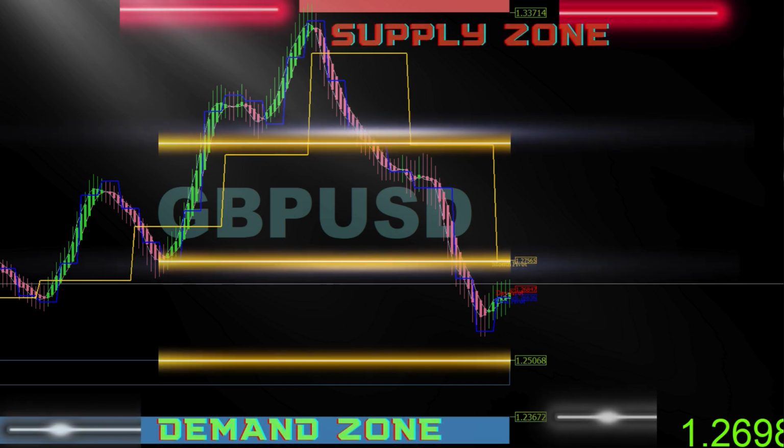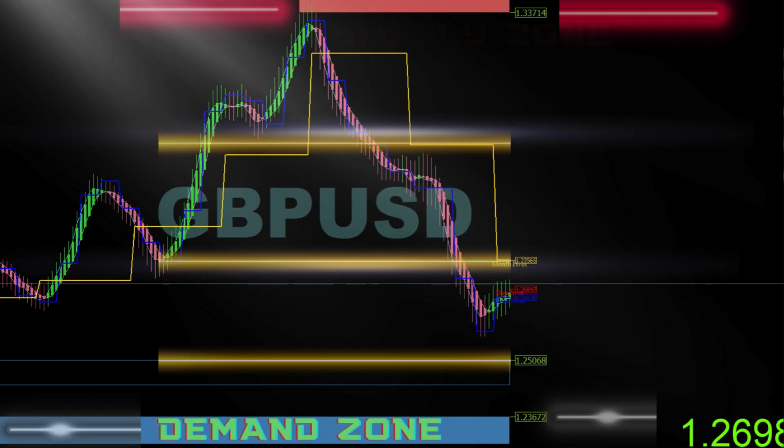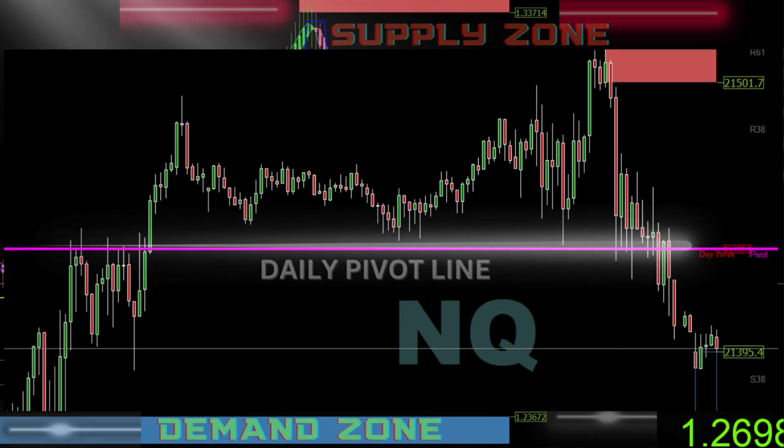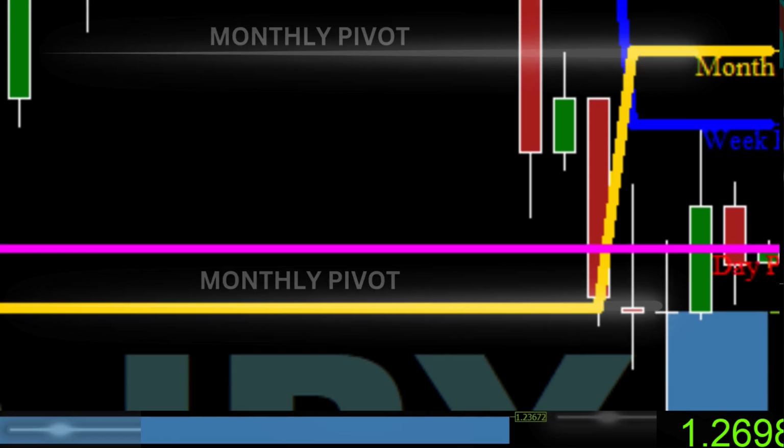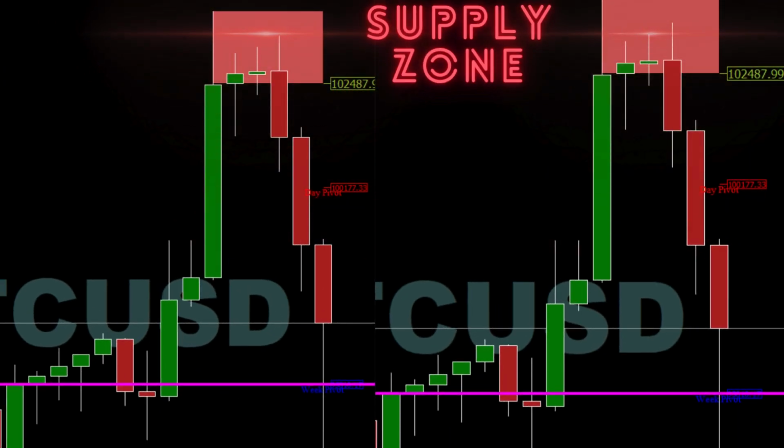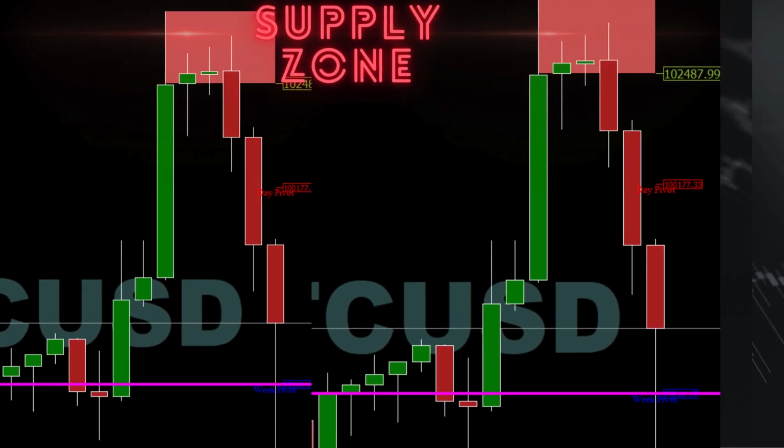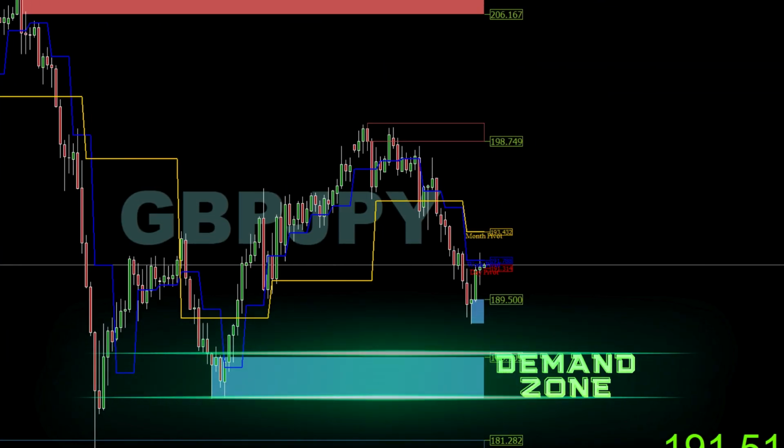But that's not all today. We'll also uncover the true power of daily, weekly, and monthly pivot levels, the most critical zones professional traders swear by. Let's dive in. Supply zones represent areas where sellers are likely to step in, and demand zones are where